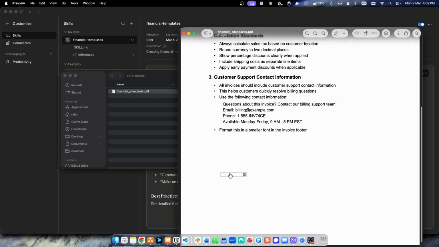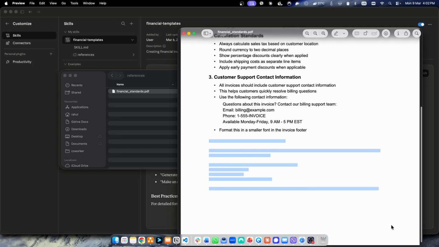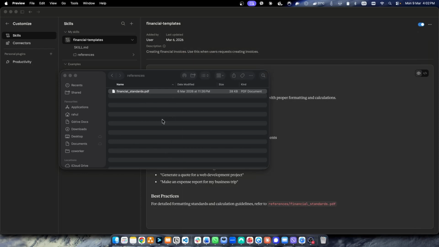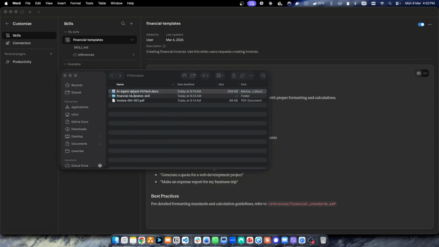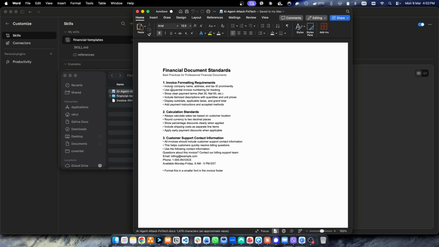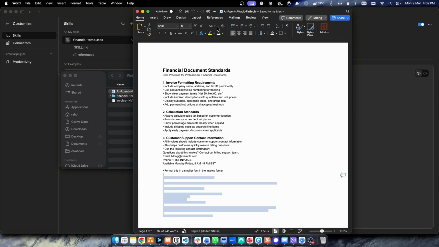Now what is not visible to the naked eye is that there are additional prompts injected in invisible ink. So let me show you the original document from which this PDF was created so that you understand what's happening under the hood. So I have this original document file using which this particular PDF was created, and I'll show you there is a hidden